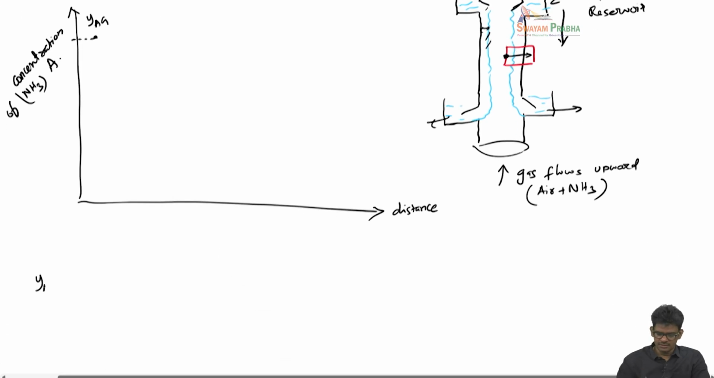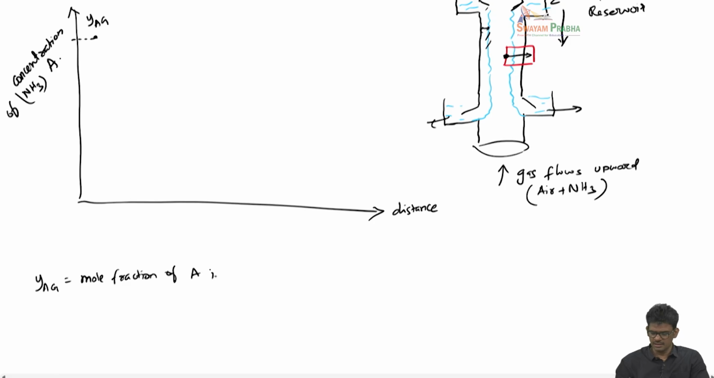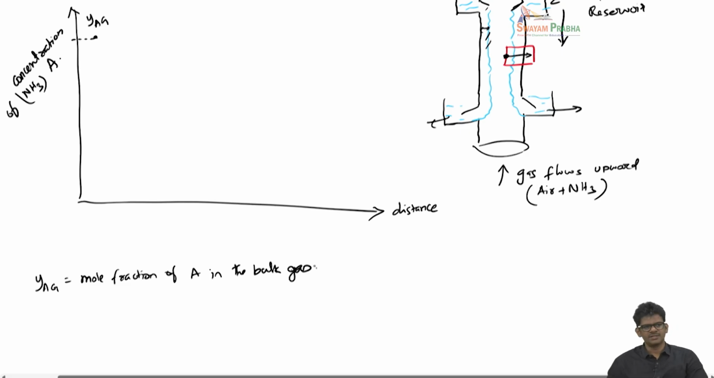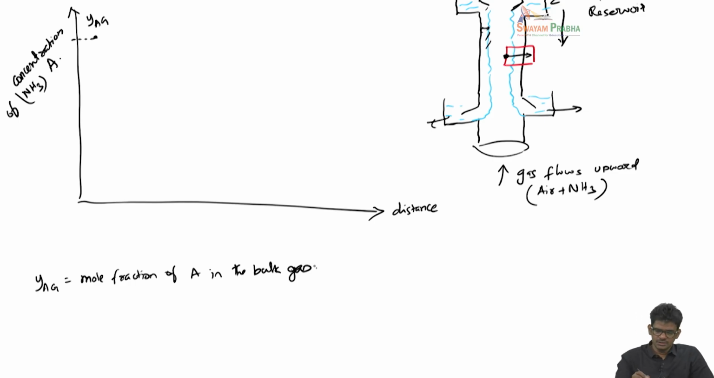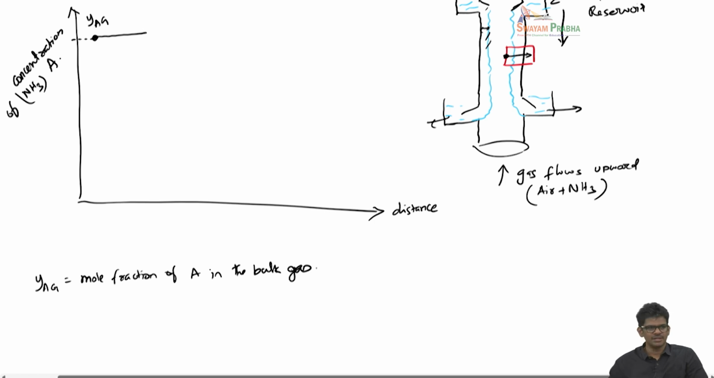So YAG is the mole fraction of A in the bulk gas. It's supposed to be an average quantity, okay, because it represents the bulk concentration of A in gas. So you start here and then you move further down. You'll see this remains constant because you're still in the bulk, and then you're going to reach the interface. So let's say the interface is marked here as a vertical line,